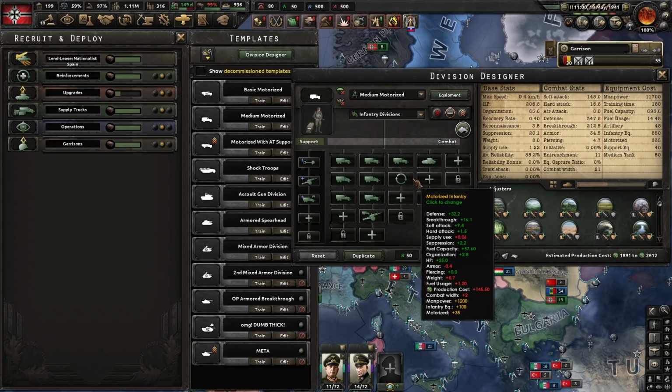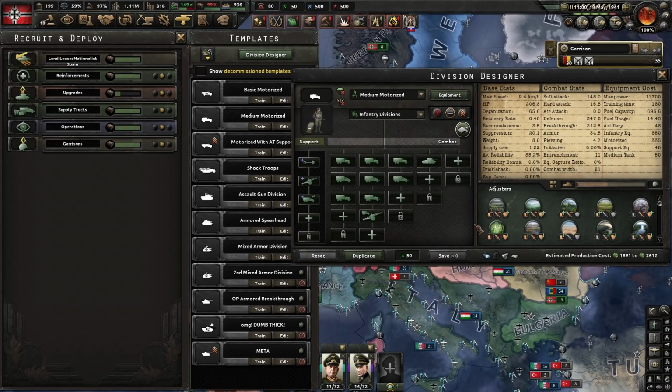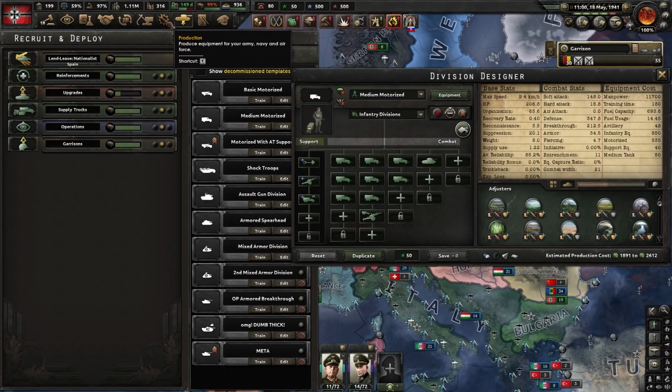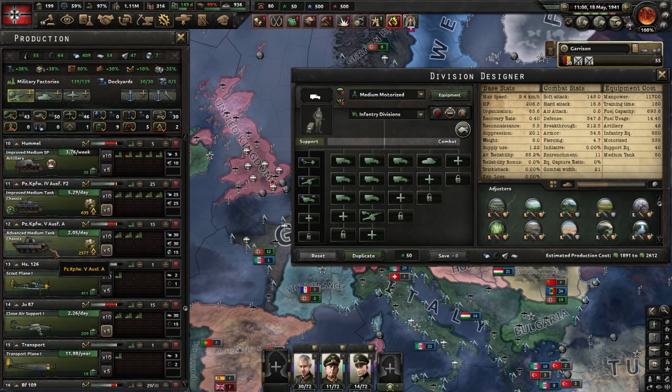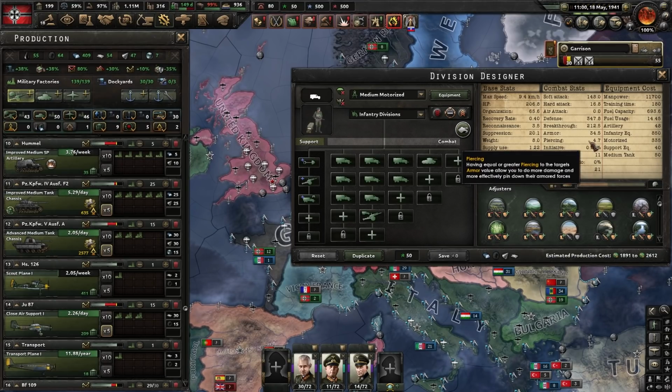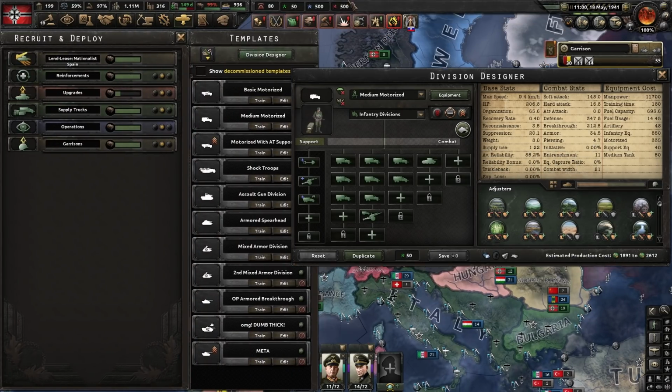What this is, it's actually just a little bit more simplified. As you can see, we have 8 motorized, 1 motorized artillery, and then we have a medium tank. Now the reason the medium tank, and by the way, I don't know why the piercing and the SARMR and all these stats are saying this. That's not what the templates actually are. See here, my tank, it actually has a piercing of 125. So I'm not really sure why the templates aren't reflecting that. But anyway,